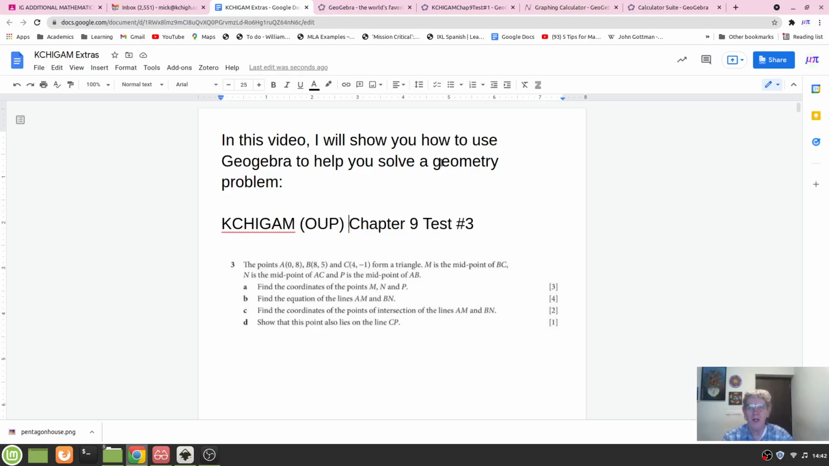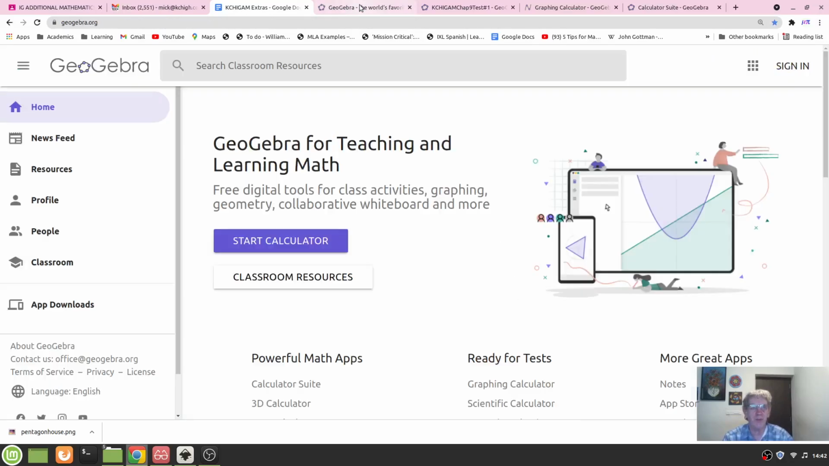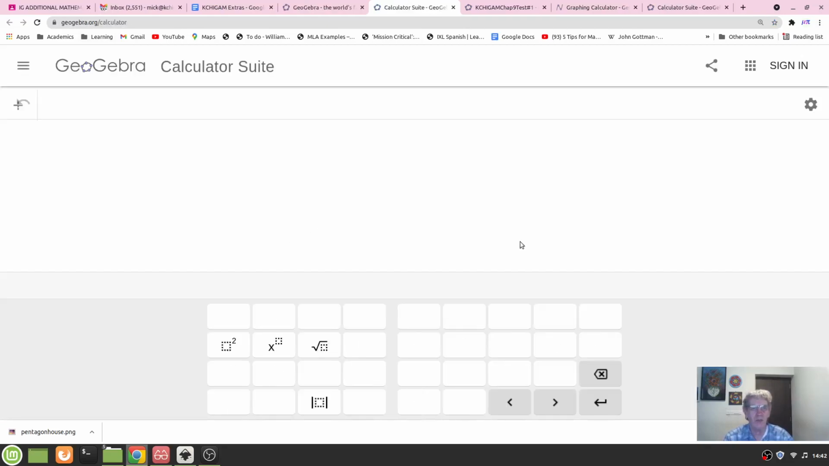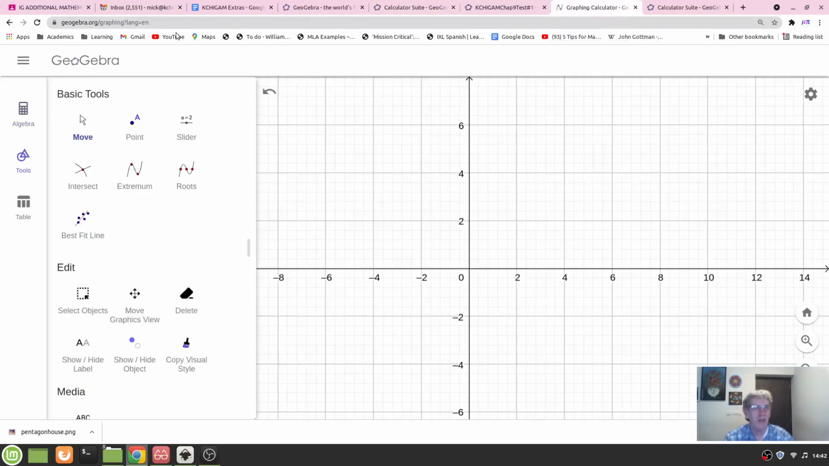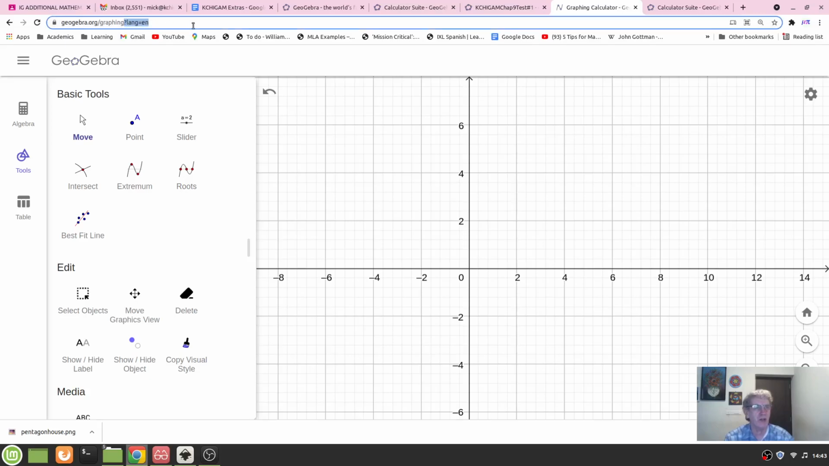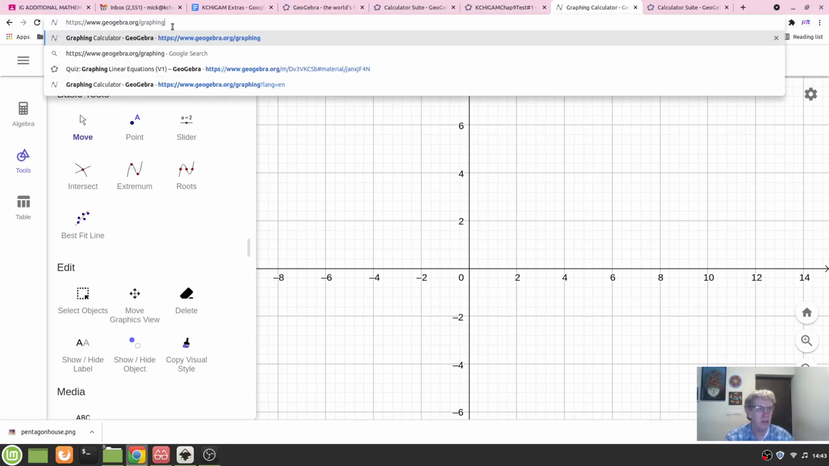Now, we did have a little bit of a problem here. So let's start with GeoGebra.org. I just go to Start Calculator and that should do it. Now I noticed in class today that one of the students got onto a different app. And this is an app, when it says Graphing up here rather than Calculator,